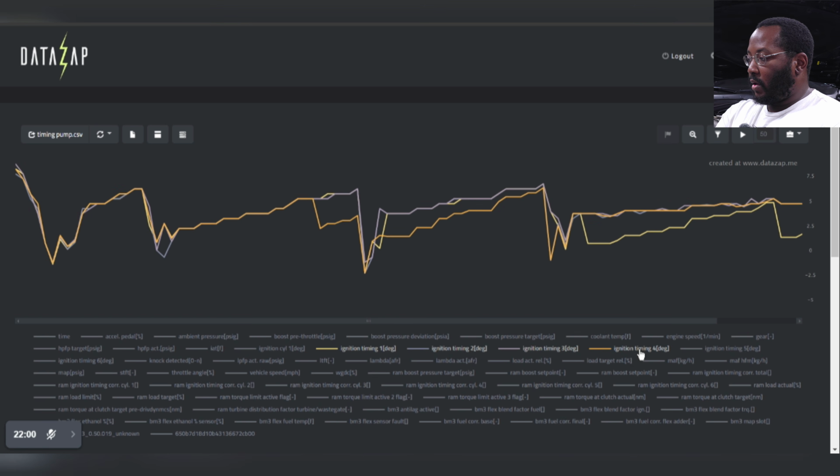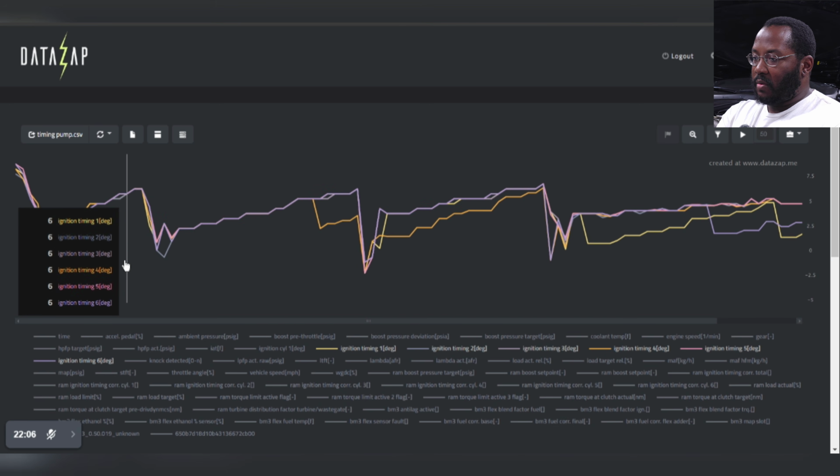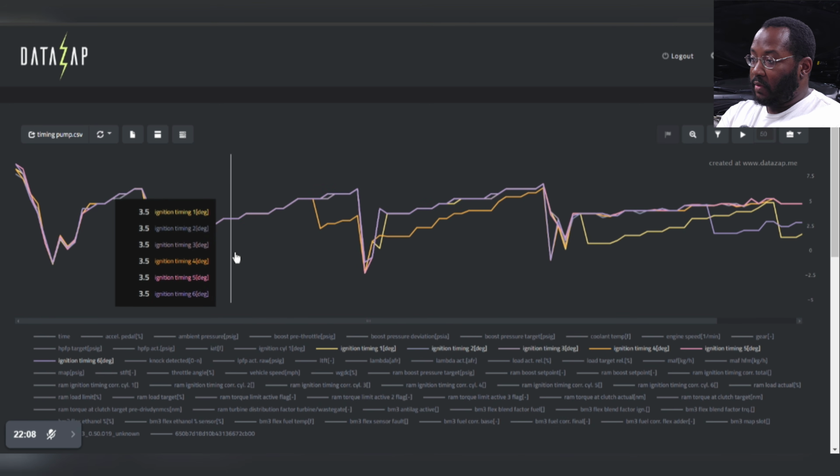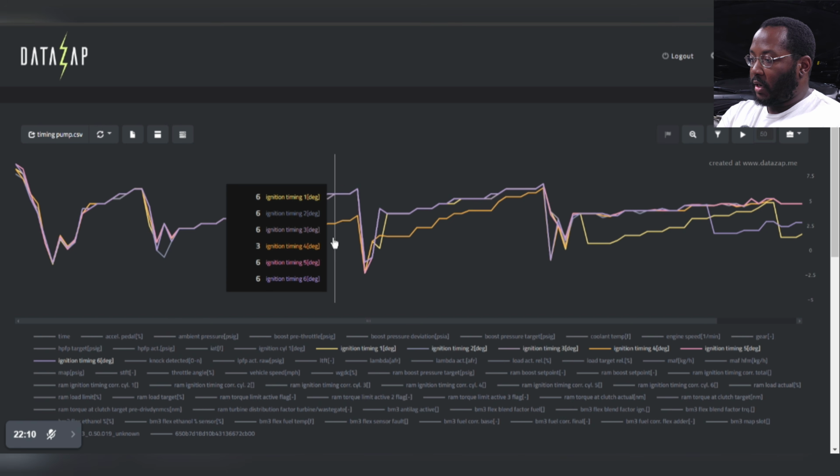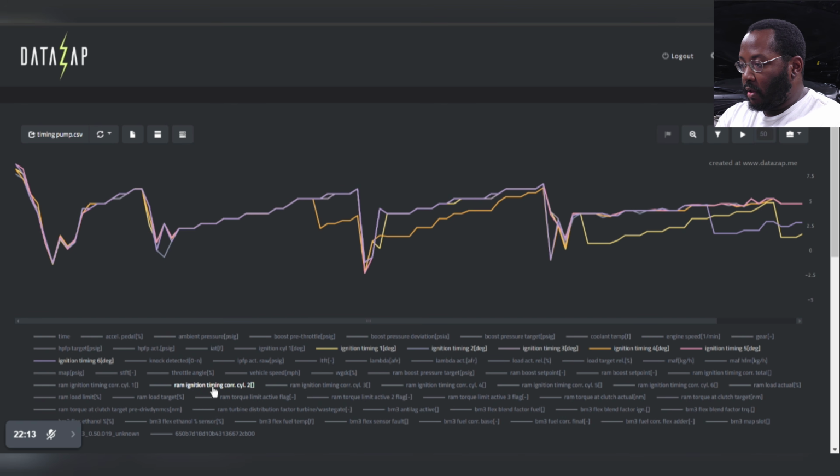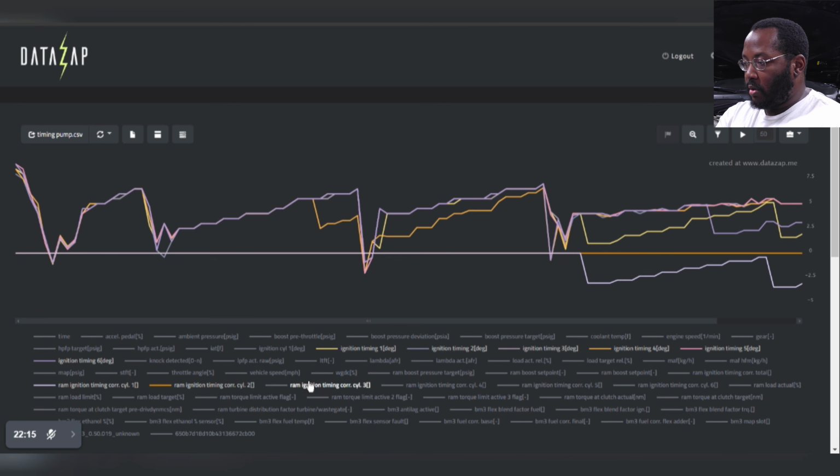So I put this together, see all the timing, and it looks pretty consistent. It looks pretty good. And so I was kind of not sure what he was talking about. Timing is low because it's pump gas. It does have some corrections here. We can even add the timing correction parameters, and we can see there are some timing corrections on certain cylinders,